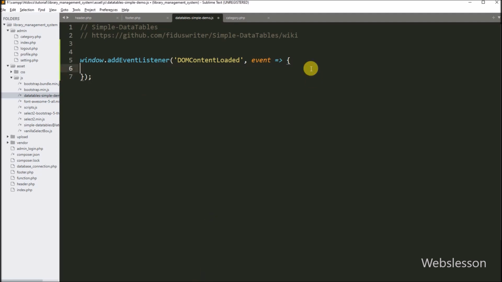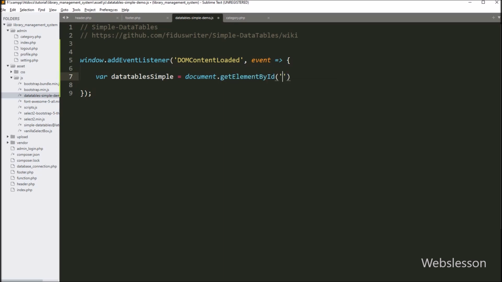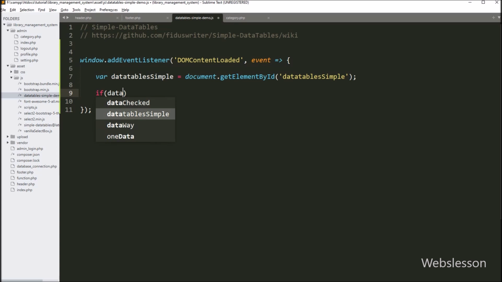Under this function, we have written const datatablesSimple variable equal to the document.getElementById method, and under this we have written the table id datatablesSimple, so here we have stored the table property. And below it we have written an if statement, and under the condition we have written the datatablesSimple variable. If this variable value is set, then it will execute the if block of code.